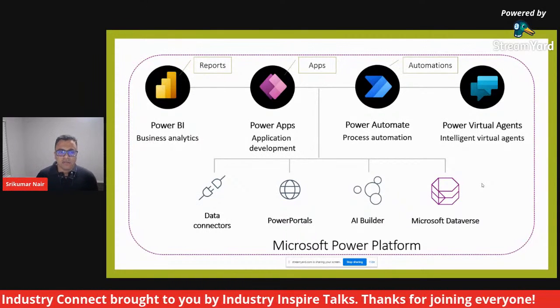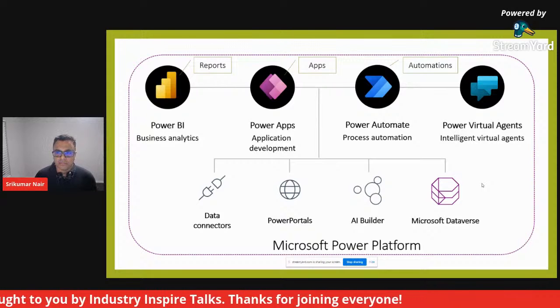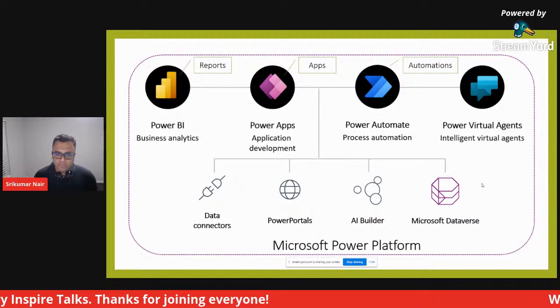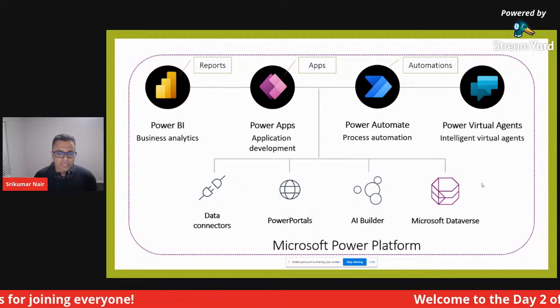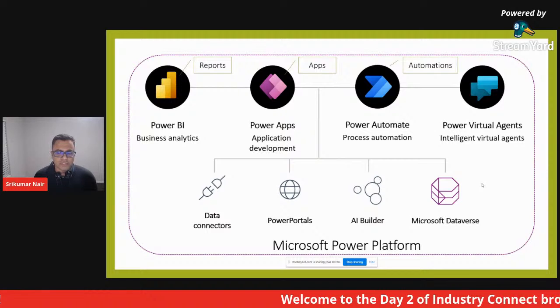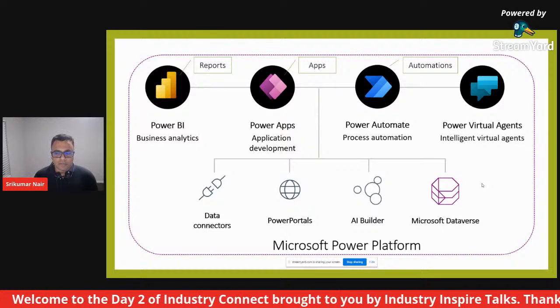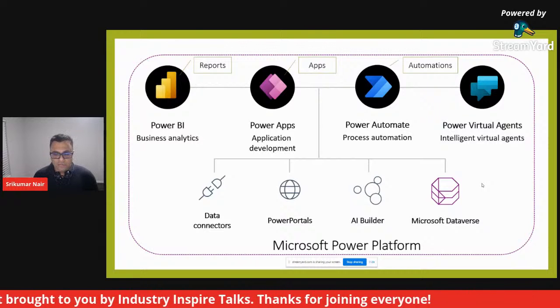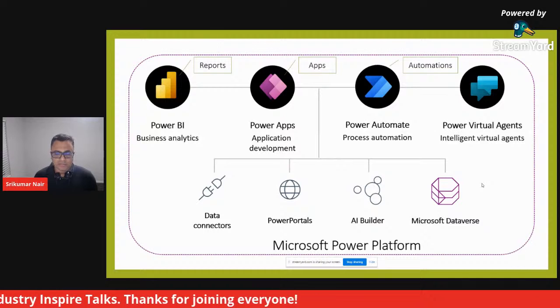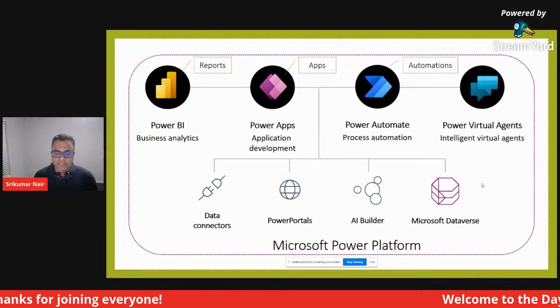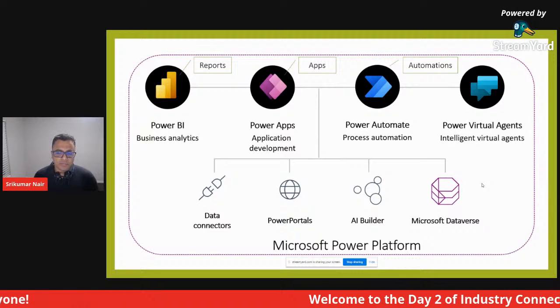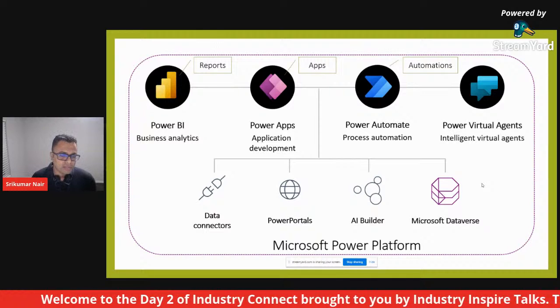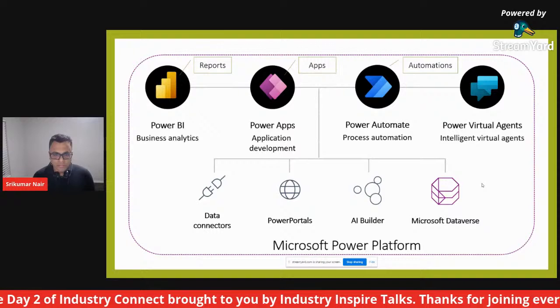Power Automate is for your process automation. It will help you automate a lot of tasks that you need in your day-to-day life, besides your business organizations. For example, if somebody tweets and mentions you, you could get an SMS on top of it. Or you are working for a brand and somebody is complaining about it. You cannot scan the whole internet and Twitter feeds to see who is mentioning you, but you could write an automation that keeps scanning, and as soon as somebody mentions you, you get a text message or an email saying that so-and-so is talking about your brand on Twitter. Those are some of the automations that are possible.